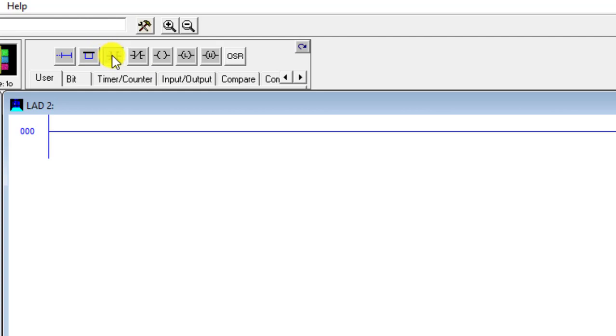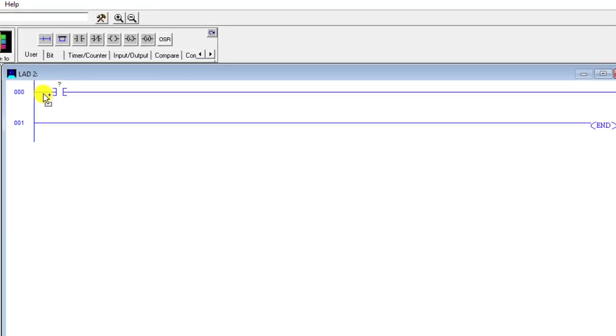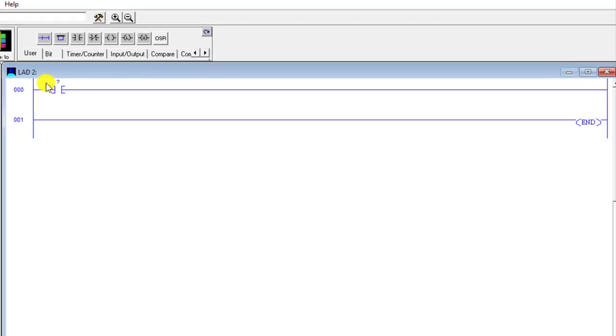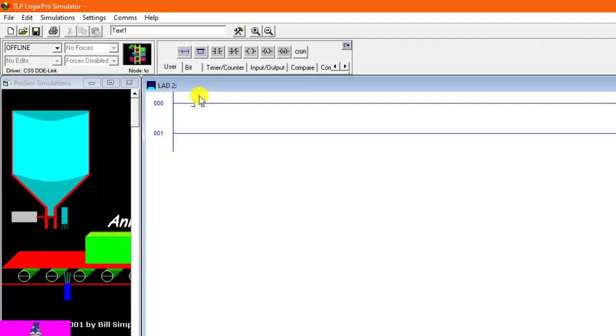So I'll just pick this from here, and you can see before I moved it to this green spot, it was showing me a red cross signal, a no entry signal, that you cannot paste the examine if open switch over here. As soon as I move it to the right place, it shows a green signal that okay, I'll accept it. So I've just pasted it over here, and you can see this question mark. What does this question mark mean? This question mark means that you need to label this input.